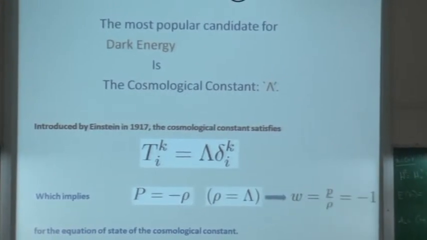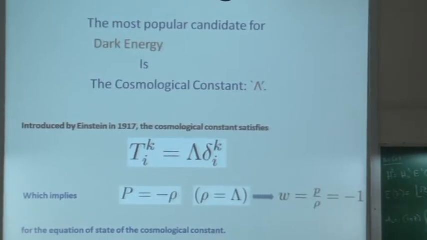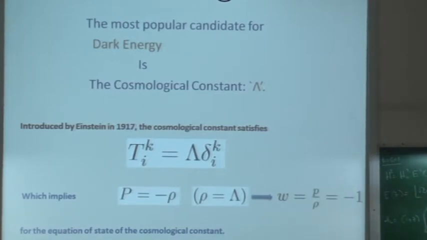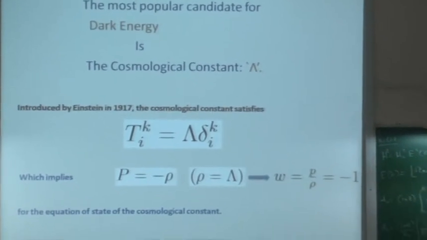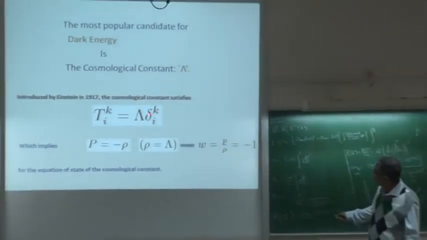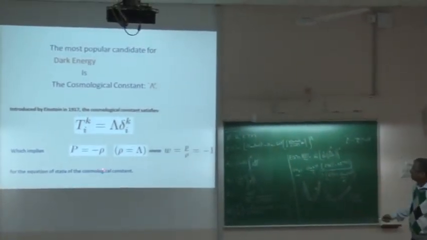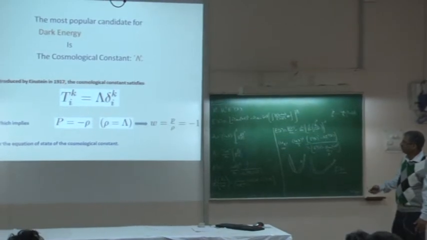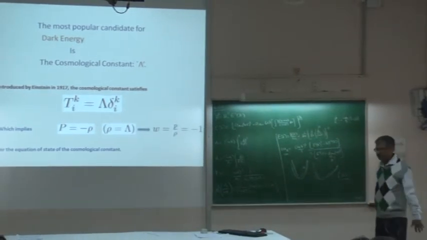And in fact, later on, Zeldovich showed that if you have a ground state, the vacuum state of any quantum field theory, then a Lorentz invariant form of the vacuum state can be written in this way. The energy momentum tensor should be Lorentz invariant, and then the vacuum or ground state of any field theory can have an energy momentum tensor of this kind. And if you have this kind of structure, it is very simple to show that the pressure, which comes from the space part, and the energy density, which comes from the time part, are related by this thing, which is actually the cosmological constant.